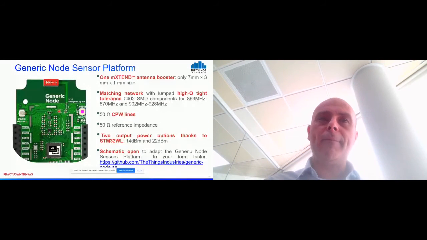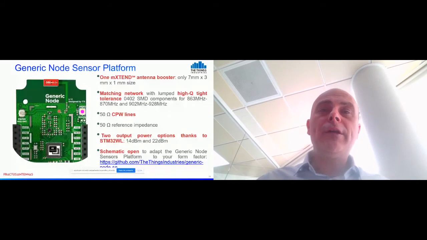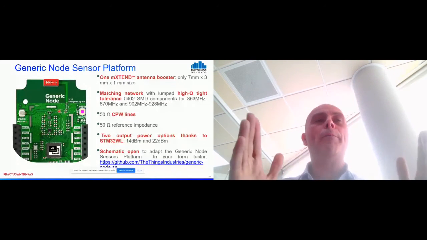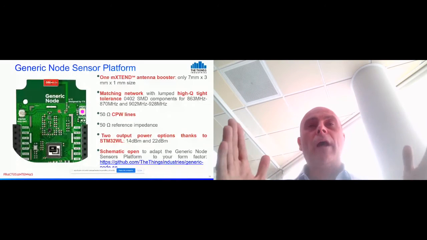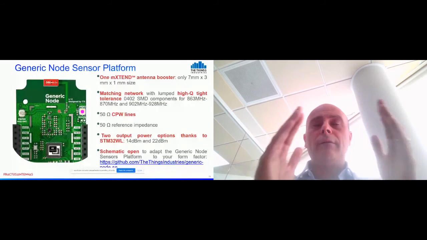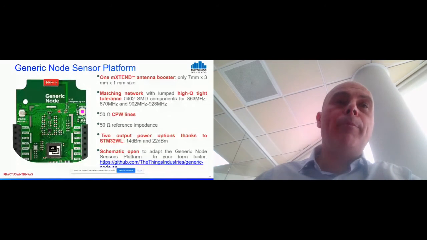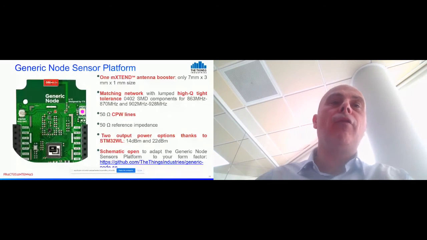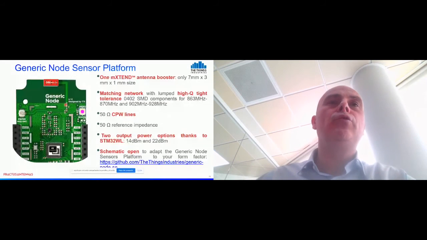One is for 40 dBm for LoRa Europe application and similar, and the other is for 22. So you have two outputs, and it's up to you if you want to combine them or not. In this case, there is one switch that combines the two outputs in a single input output. So at the end, we have everything for LoRa Europe and LoRa US in a single port, combined together with the